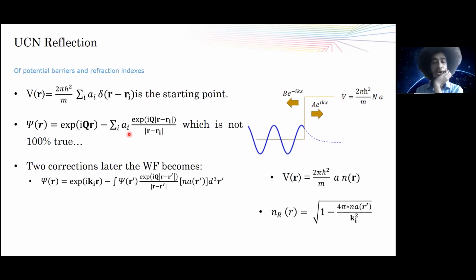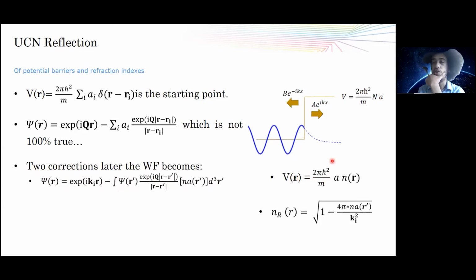But then if you can correct it very quickly, you get something that looks like this, where now there is a new term that appears, which is this n, and it is the density number of the material that you are using. And if you take this one and apply a couple of mathematical operators, you either rebuild the Schrodinger equation and you get the potential that looks like this now,